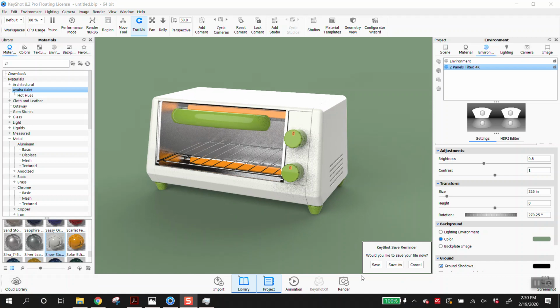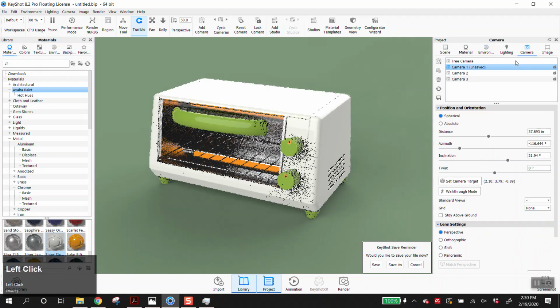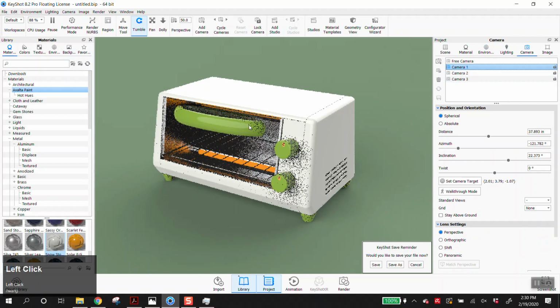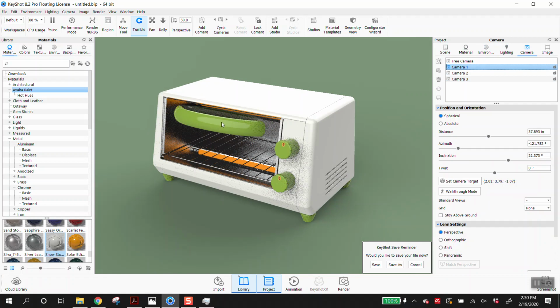You can experiment with the color of the handle, the knobs, and the feet to your heart's content. I only have one requirement: the toasters stay the same color between all 3 renders. I also request that the render view, the camera, stay the same. Now, if this is the color scheme I'm going with, my advice would be to stick with green handles, green knobs, and green feet for all 3 concepts. That's not a requirement, but it's strong advice for making it feel like a real design approach, because